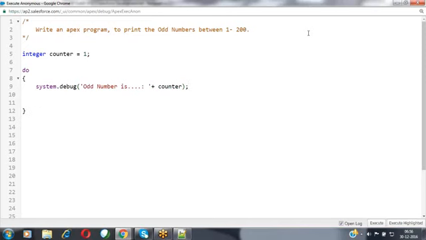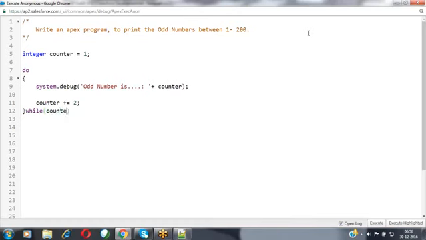Every time we have to increment the value by 2, because 1, 3, 5, 7, like that till 200. So I'm using counter plus equals to 2 to print the odd number values.